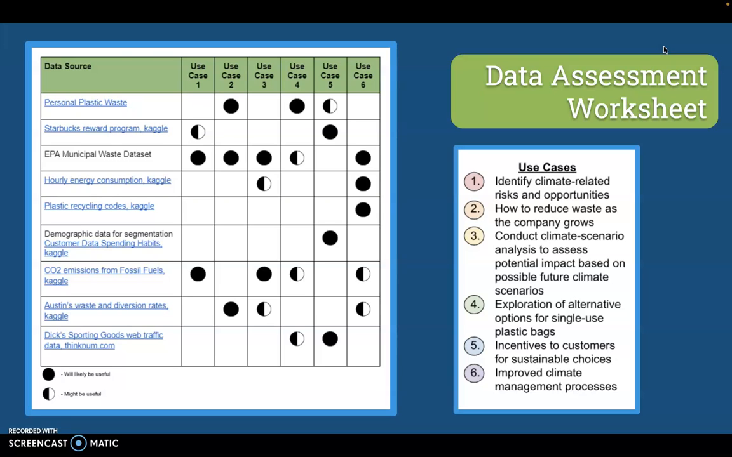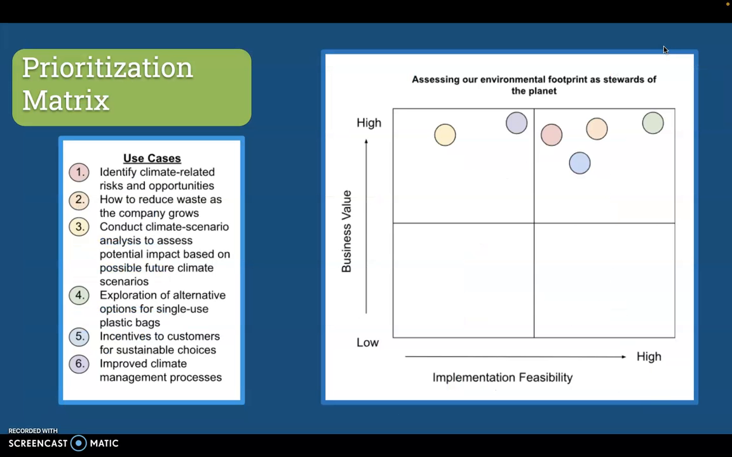And then for use case 5, a lot of the same. The only one that's really different is the demographic data for segmentation, so customer data and spending habits, and that came from Kaggle. And then for use case 6, the only new one that comes into play is the plastic recycling codes that come through Kaggle. So basically the